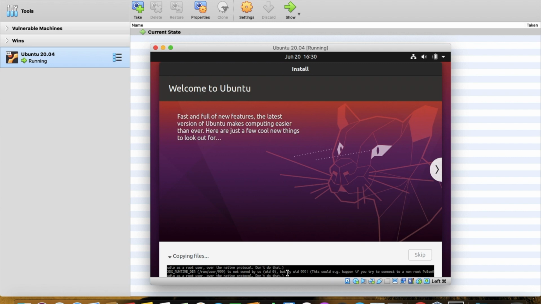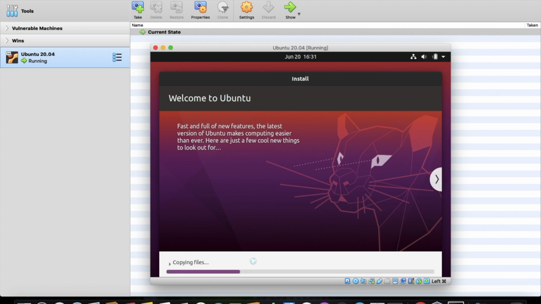Multiple files are getting copied into the file system. Ubuntu 20.04 has a lot of features in comparison to the last version of Ubuntu.